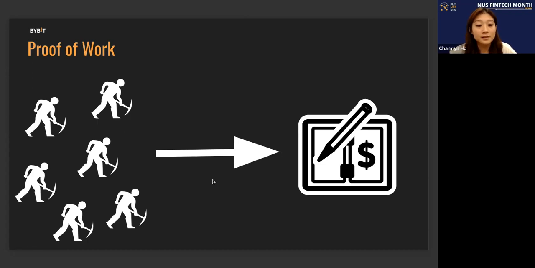Now, the question comes to then, how can we trust these miners? Well, we can't trust the characters or even the people behind these operations. We don't actually have to. We simply just need to trust their actions, that their actions will bring about no harm to the network and that everything they do is for the benefit of the network. So let's dive deeper into how we ensure this.